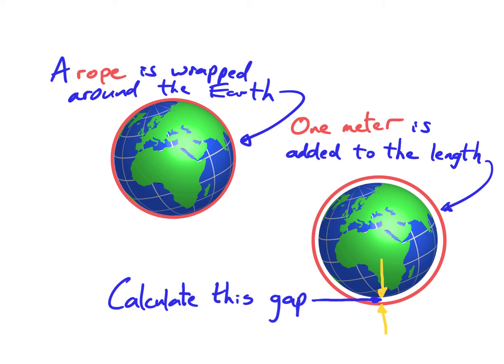So before we get going on this problem, you might just want to reflect on it a little bit. So we've got a rope wrapped around the surface of the earth. We're going to add 1 meter, just 1 meter to the length of the rope. So the earth is sizable, and you're going to add just 1 meter to that length. Then we're going to pull the rope, hypothetically, away from the surface of the earth, and there will be some